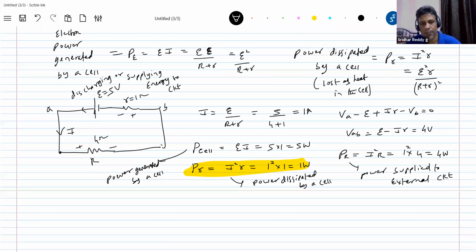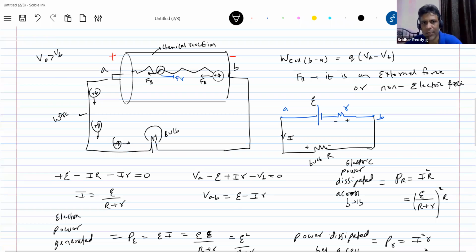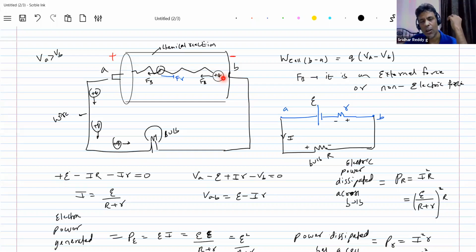Similarly, we'll go for this overall mechanism. The internal resistance is the resistance offered by the material of the cell to the flow of charge. So what is the overall phenomenon that occurs? Let me summarize the overall working. I switch on the cell. Then the cell does work. Because of the work done, it lifts the positive charge from the negative to the positive terminal. For that, it has to do work. Go back to electrostatics: on its own, a charge can move from higher to lower potential.